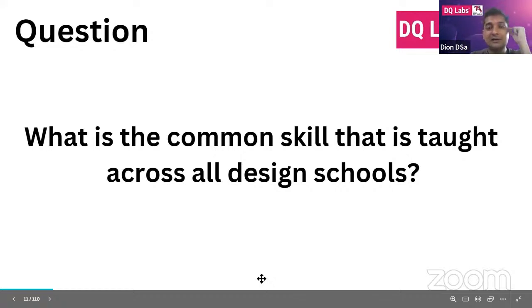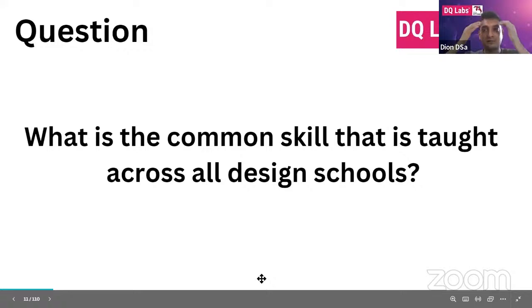So what they effectively want you to do is have some understanding of the design process. And if you are able to apply this well in various situations that they give, you've done half the job, right? So that's what design schools are looking for, and that's what design thinkers do. And that's where they work as well, right?